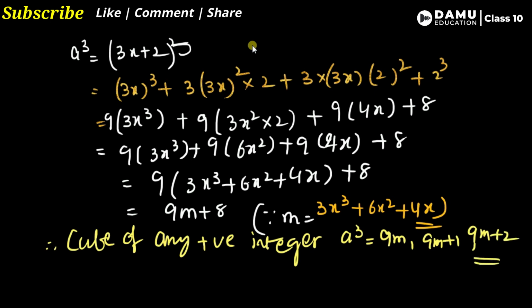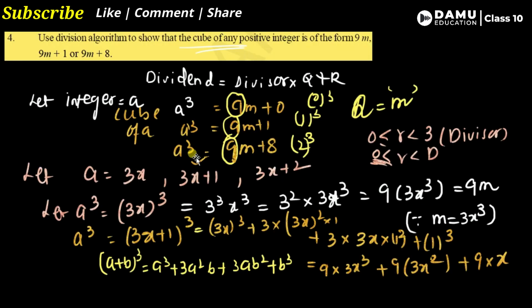Since here we concentrate on the remainder, based on that the divisor values are taken. Here 2 is there, based on that divisor is 3. If 3 is there, based on that divisor is 4. Like that we are taking the previous conditions. Like this we have to find it.